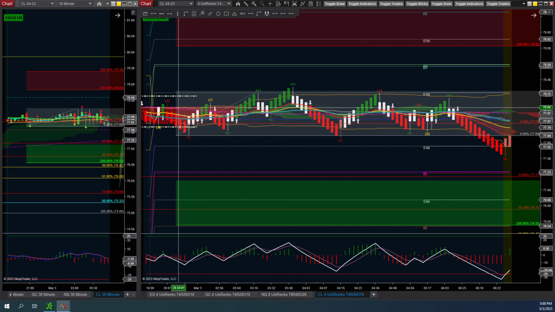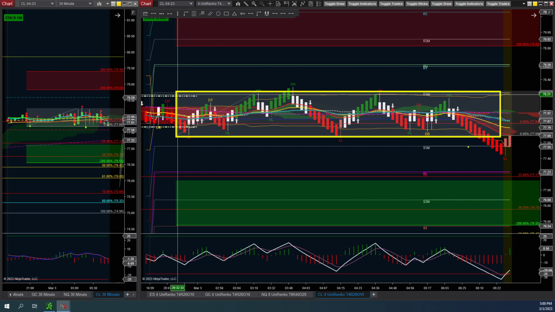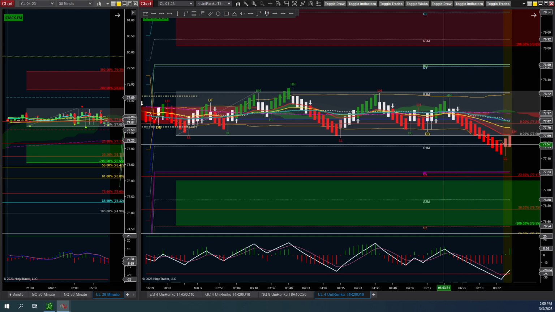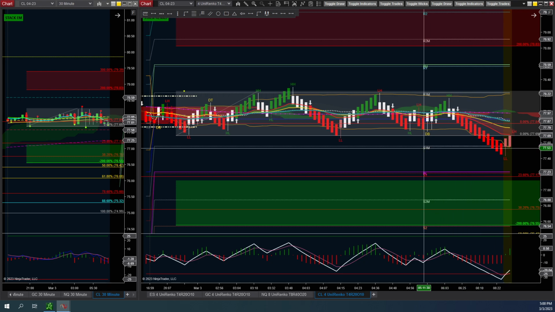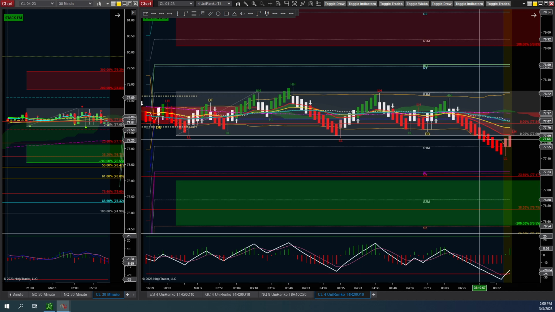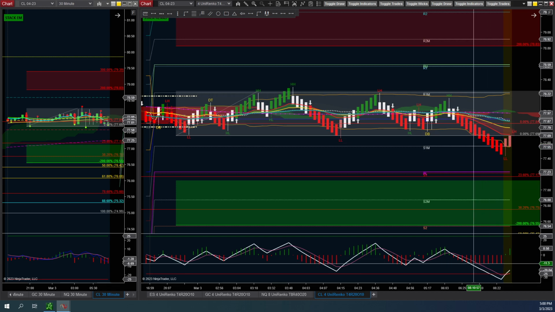Now I do have my compression, right? This is a compression area. This is a channel. Price goes up and down there, and then at this point here, I'm gonna draw it again right there. At this point right here, there's a break. Right now, that break happened at 8 a.m. and it was valid. Yes, you do have here a